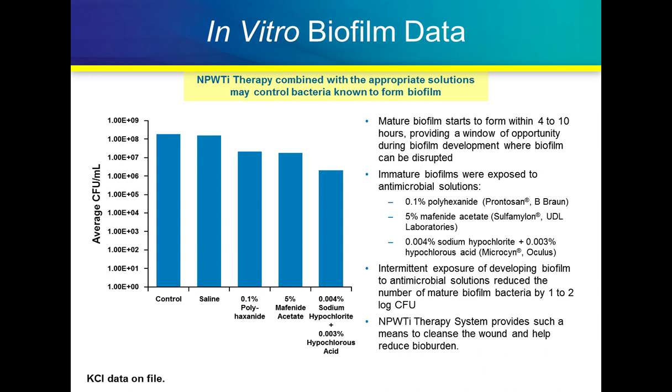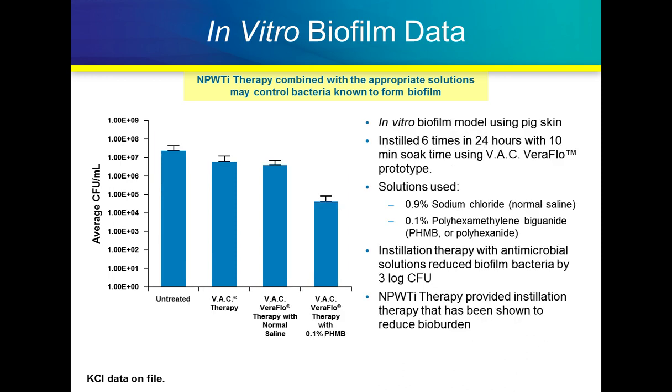Now, it is true that under negative pressure wound therapy with instillation, saline itself appears to have a salutary effect upon the wound bed and can help the wound bed as well. So it may not all be the effect of an antimicrobial versus something to do with washing away matrix metalloproteases and some of the negative effects that are in a wound, or diluting that environment, as Dr. Snyder alluded to. In addition, looking at a slightly different model here, again using a pigskin